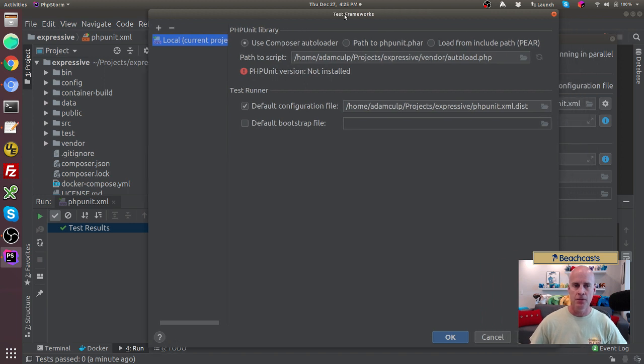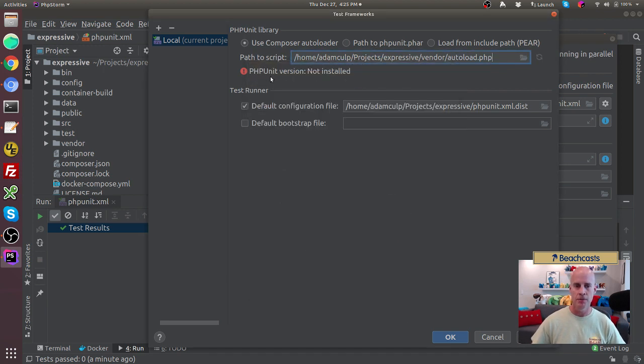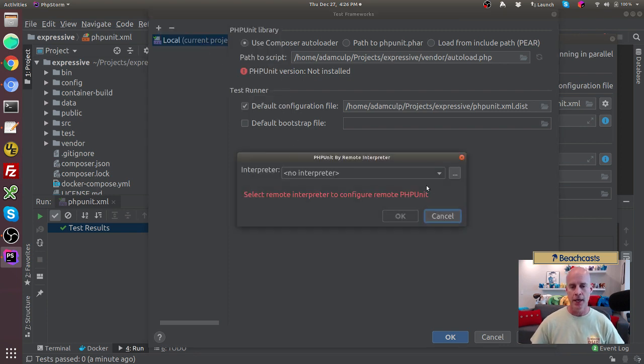And when I go into that configuration, I'm not seeing what I wanted to see. So we're going to do a little bit of troubleshooting here to see what's going on. Because it's using a local configuration. So instead, I'm going to use phpunit by remote interpreter. I need to add this extra test framework. So I'm going to add phpunit by remote interpreter. Click on that. It's saying it doesn't know what interpreter, so I have to put it in. Of course, I'm going to select Expressive Web, which is the one that we're using from the container, and click